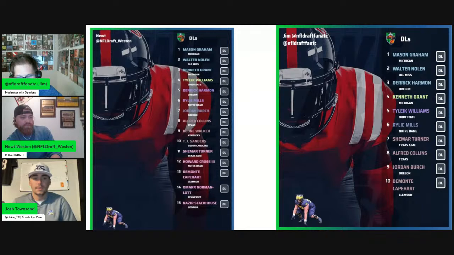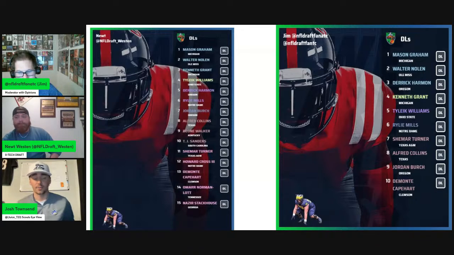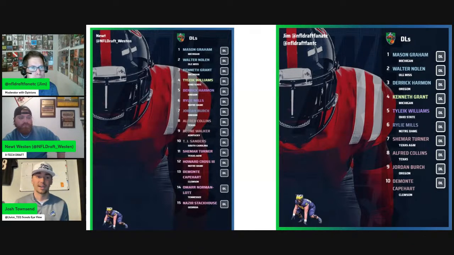Yeah, and I've just pulled your board up, so I just now noticed that you have a day 3 grade on Shemar Turner. Yes, but it's a 4th round grade, and that could go up because this is one of the guys we're talking about that could really improve his stock during the Senior Bowl and the Combine, because this guy's going to test out of this world for an interior.